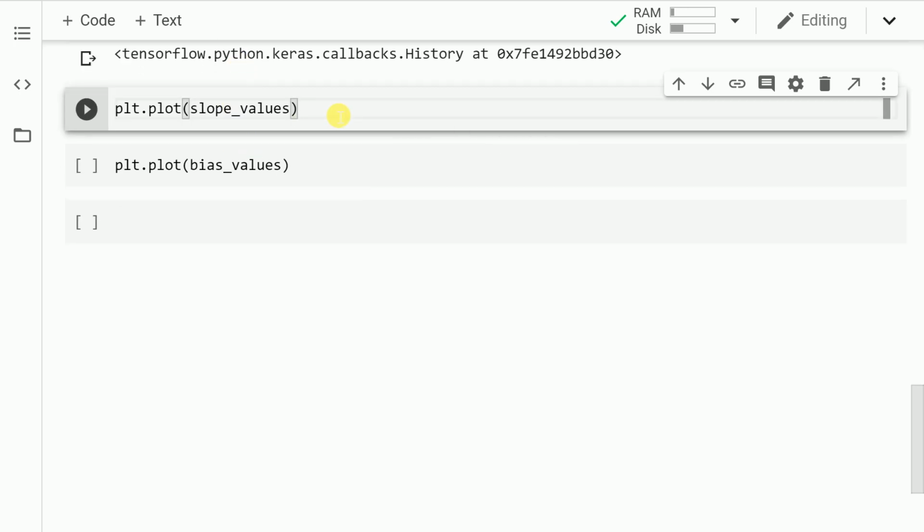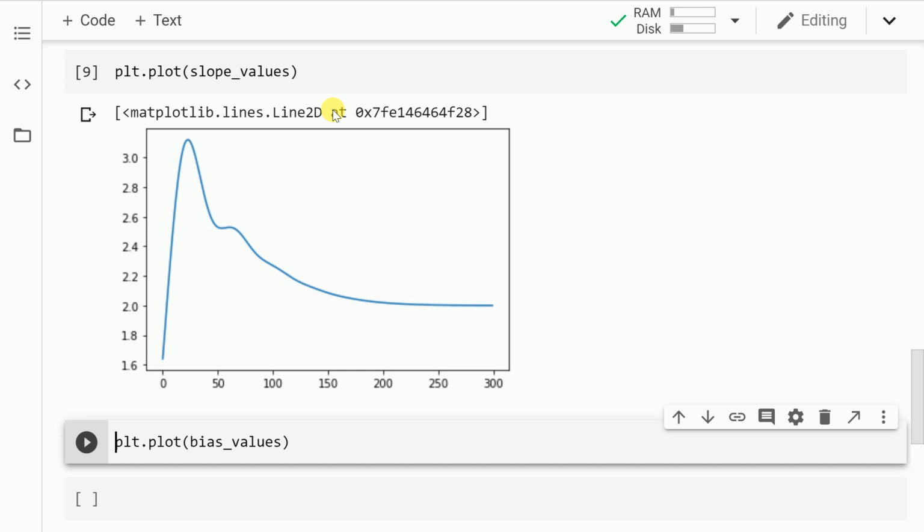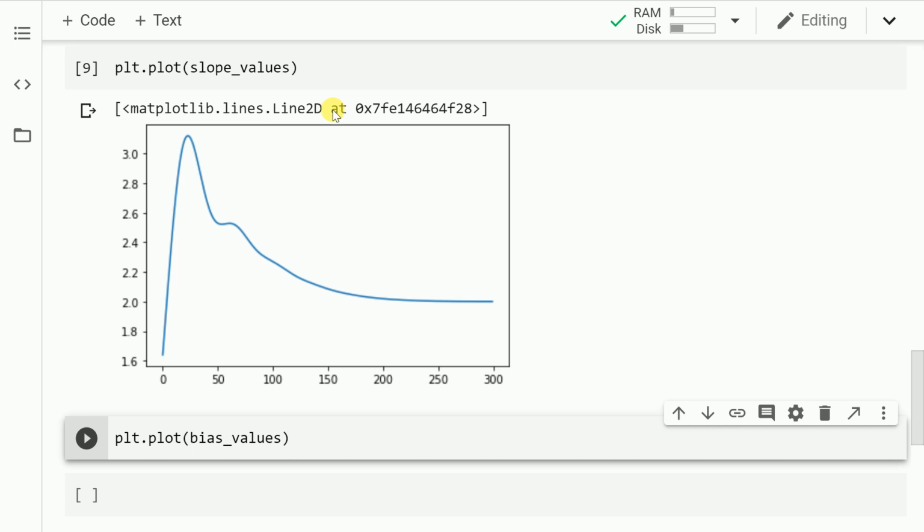Let's go forward and now visualize the overall slope value change with respect to epoch. So let me run this. If you recollect, the equation of the line was y equal to 2x plus 5. So essentially my value of the slope term should be equal to 2. As you can clearly see, the weight values start off with a very small value, which was the value at initialization. They reach up to a very high value around 3.2, 3.3. Then the value starts decreasing, and after close to 300 epochs, I am able to reach the optimum value.